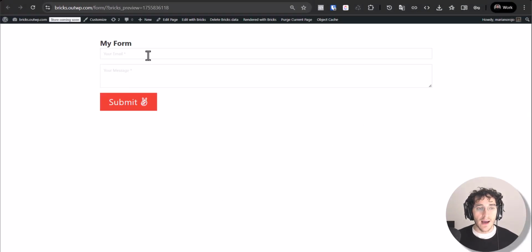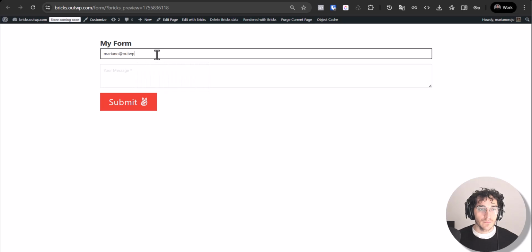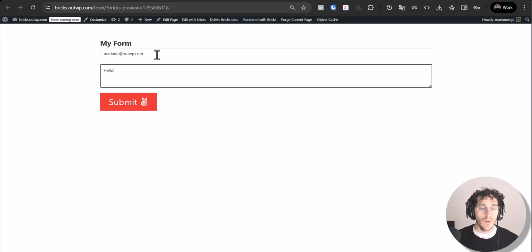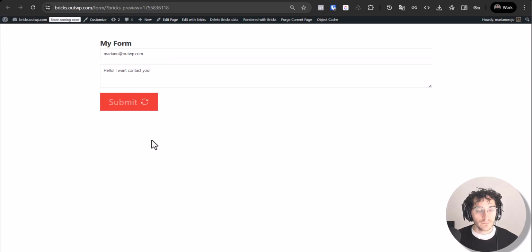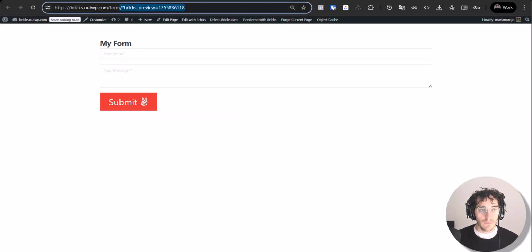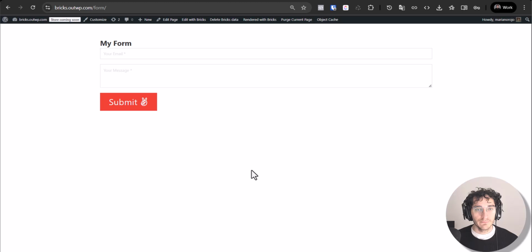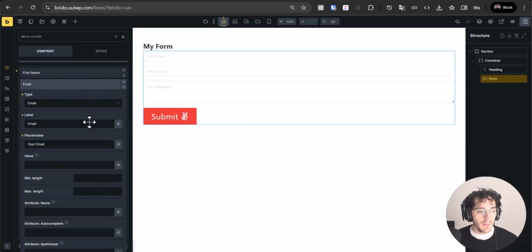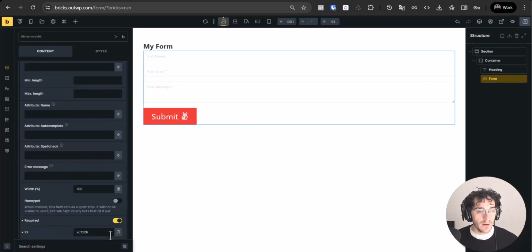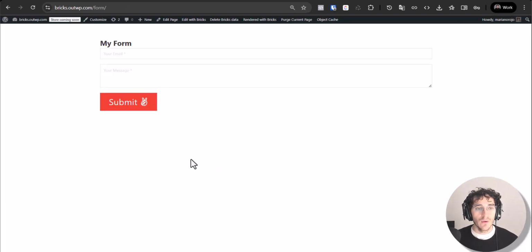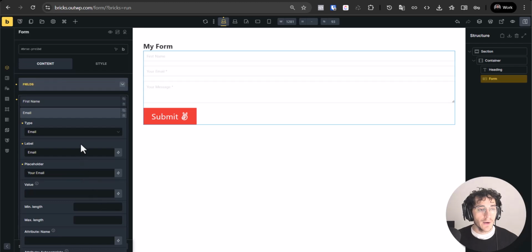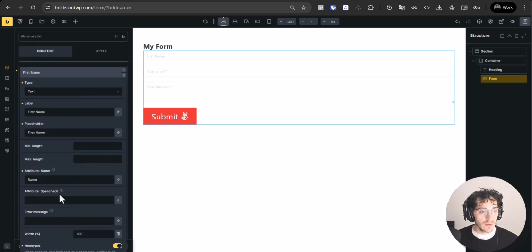and I will send a message. Hello, I want to contact you. Okay. Submission failed. Please reload the page to submit the form again. Okay. Maybe it's because I am in the preview. So the email is not showing. I don't know why. For this reason, submission fails. Let me reload the page. I don't know why my name is not